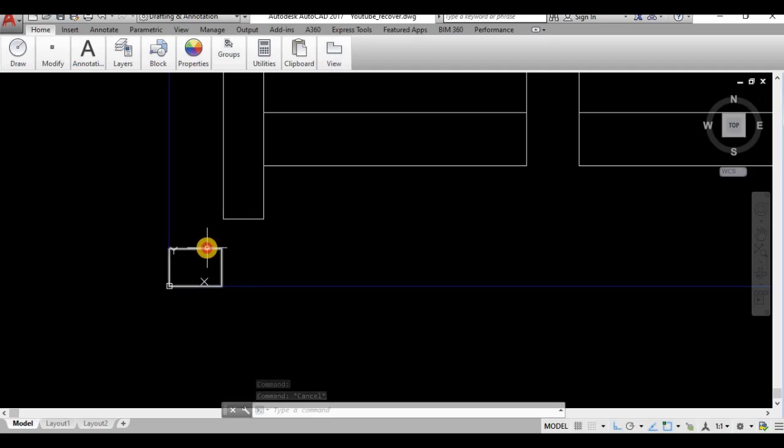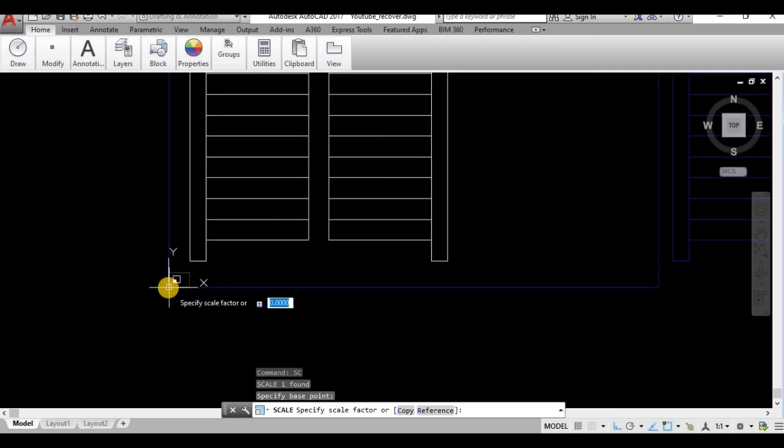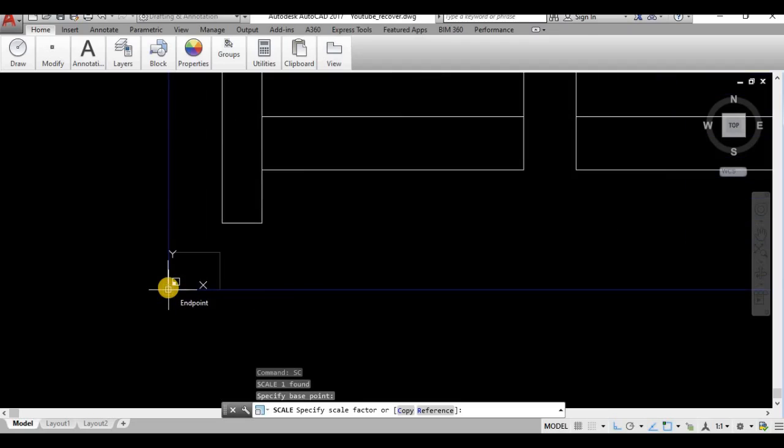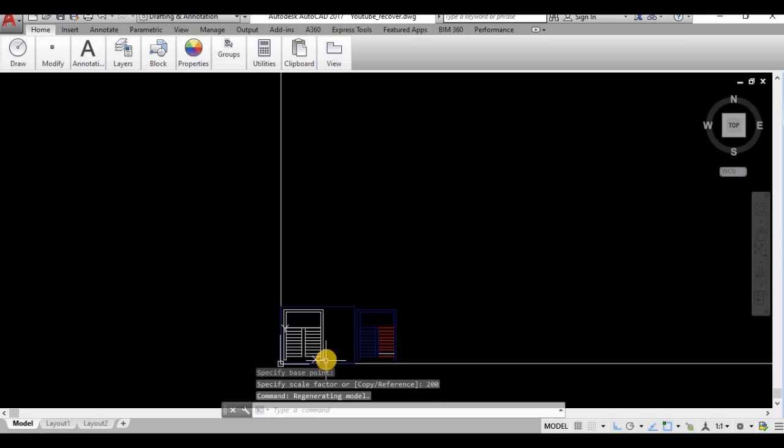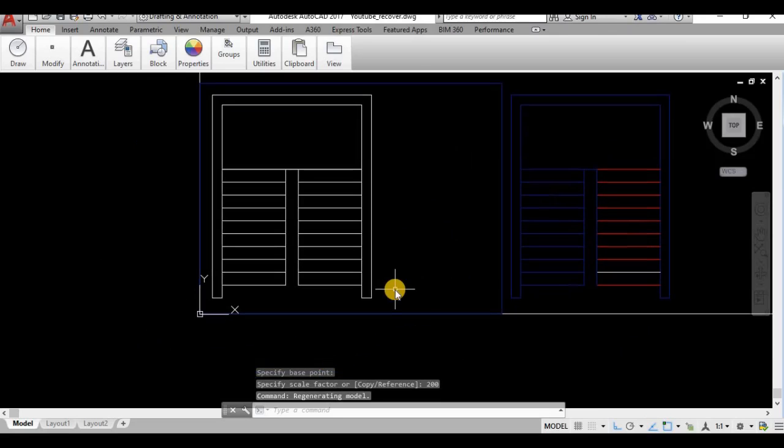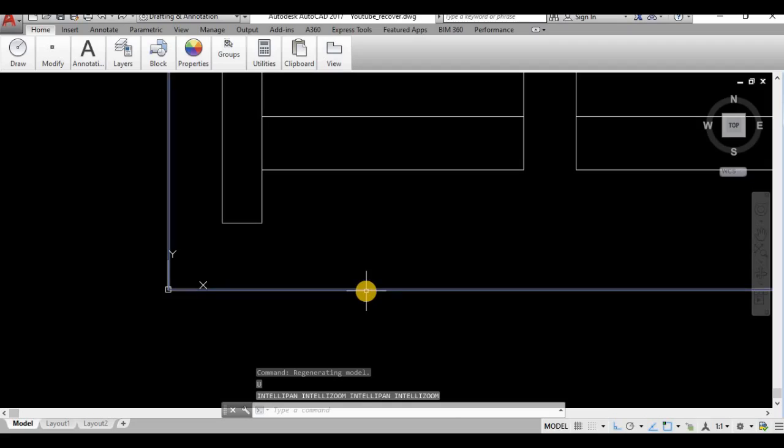Now I shall scale this A4 size rectangle with SC, using a factor. This is the base point, so I shall choose a factor of 200. With 200 it goes beyond, so I shall undo.